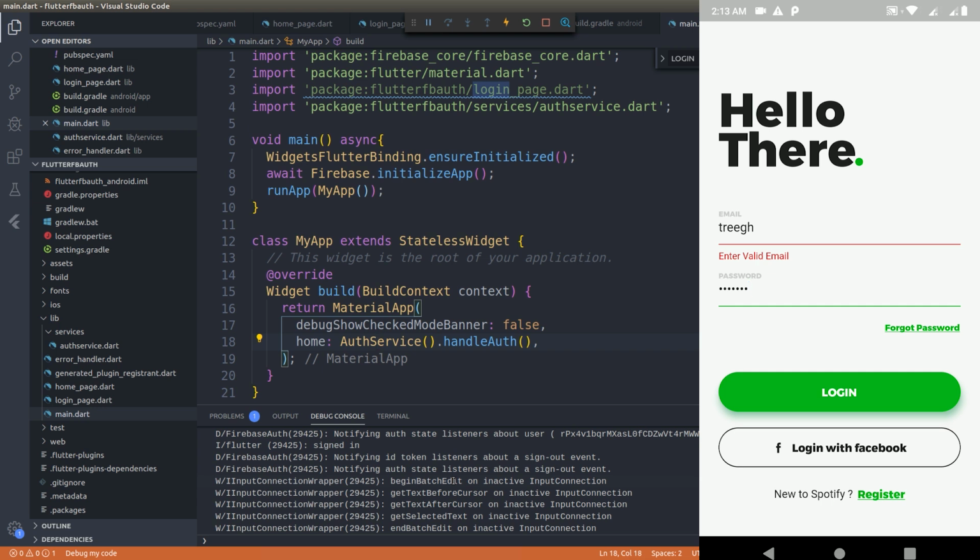One is the password reset, the other one is the sign up, and the third one is the login with Facebook button. Now only this login button is working and these two validation fields, these two form fields are working. That's it, right? So let's just build these one by one so that you guys can have a complete starter kit rather than just showing off one little functioning thing. So what I'm going to do is